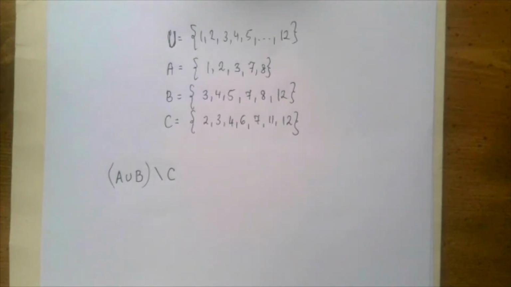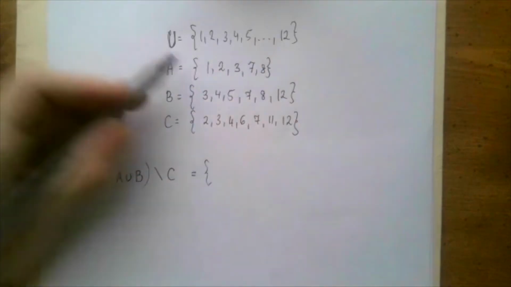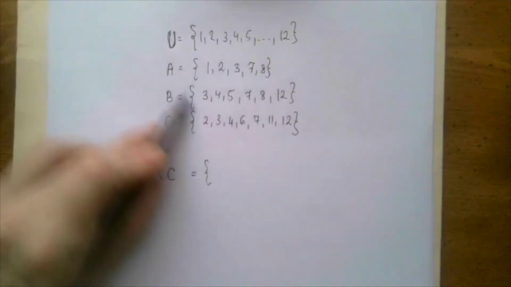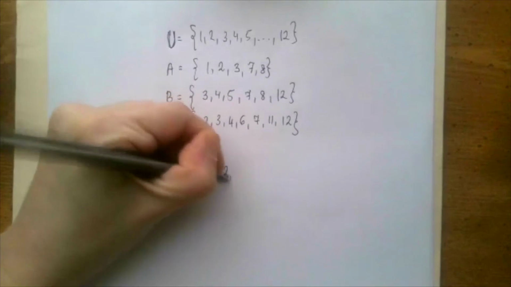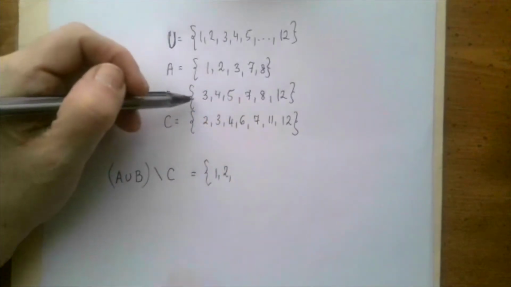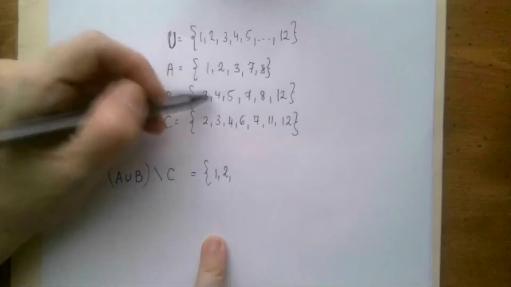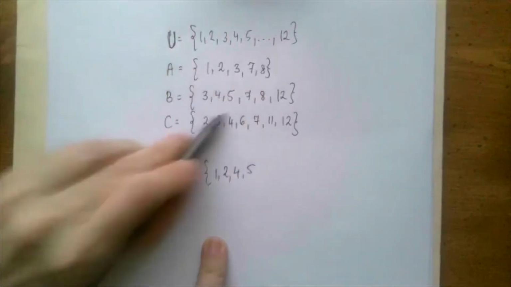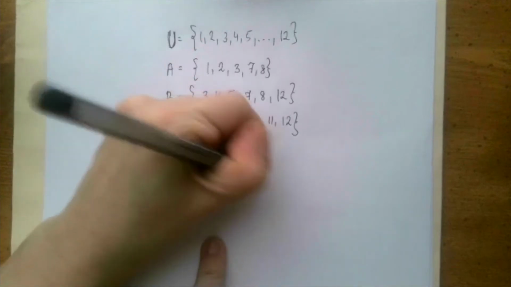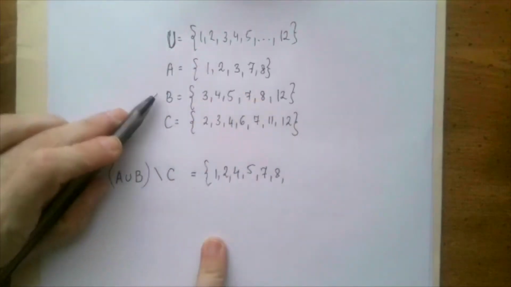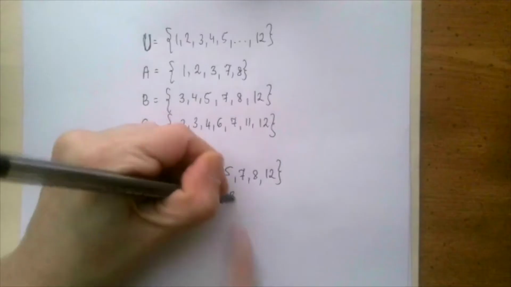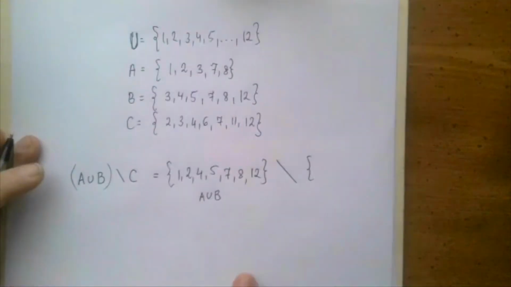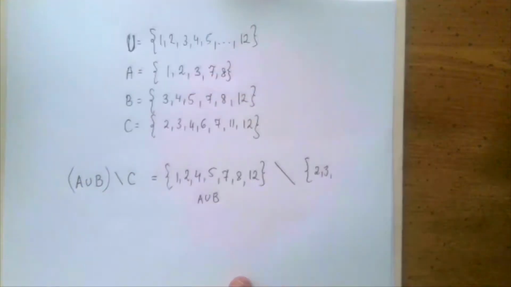If this is on a quiz or an exam, it is important for you to get partial points. And for that, you should have partial results. A union B is basically all the numbers between A and B. So that's 1, 2, whatever occurs either in A or in B or both is going to go into the union. So we have 1, 2, 3, 4, 5. There is no 6, but then 7 and 8. No 9, no 10, no 11, but 12. So that's the union. And from that, we're going to take away set C, which is 2, 3, 4, 6, 7,